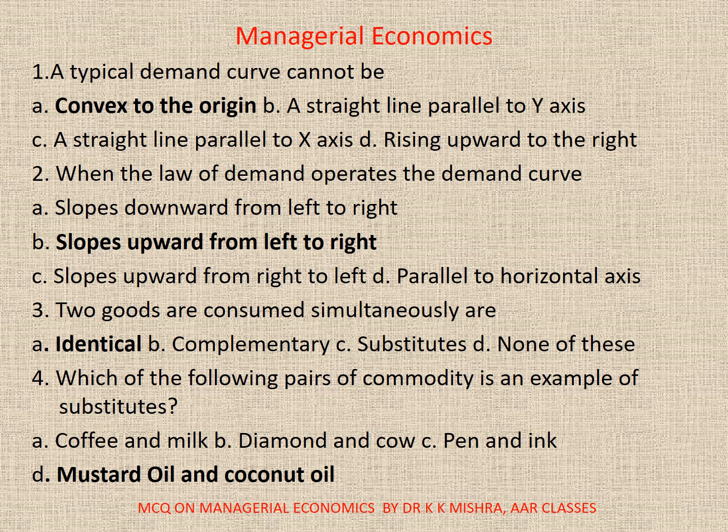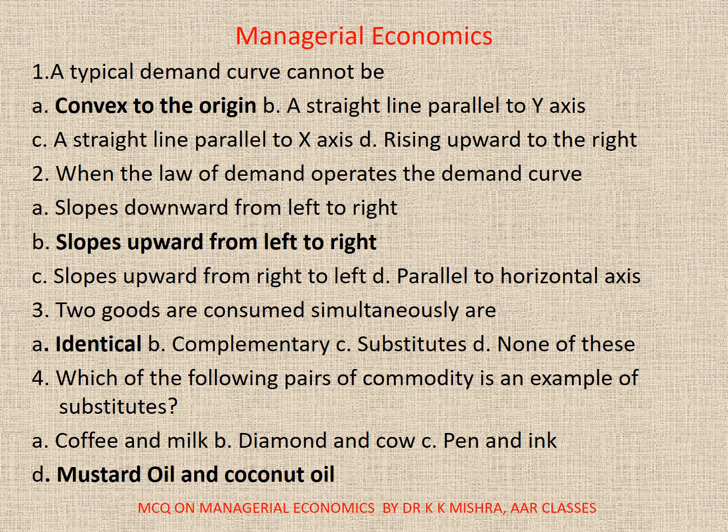Viewers, let me tell you that by and large the correct options in each question are highlighted, but in case of discrepancy I will be correcting that through my narration. Like here in question number 2, when the law of demand operates, the demand curve definitely slopes downward from left to right. This is the correct option. So here B is highlighted, that is not correct, rather A is correct. So like this, in other video tutorials also the correct options have been corrected through my narration.